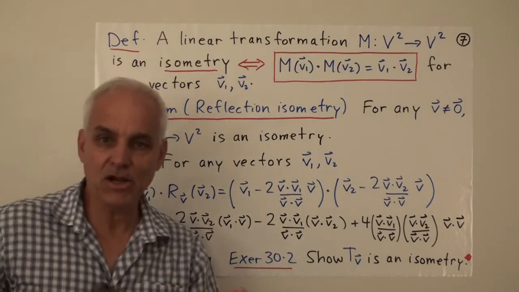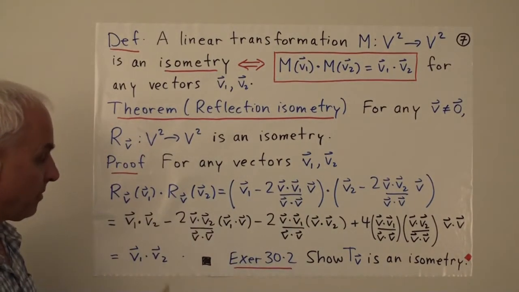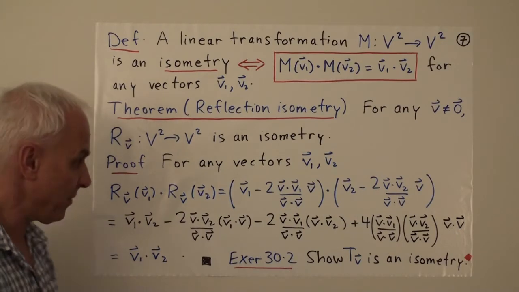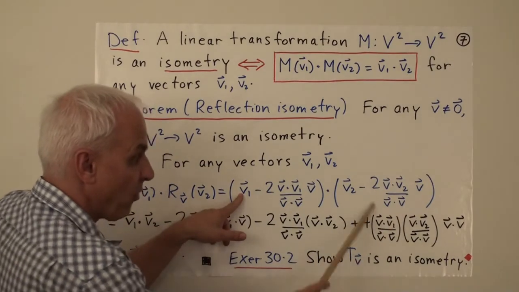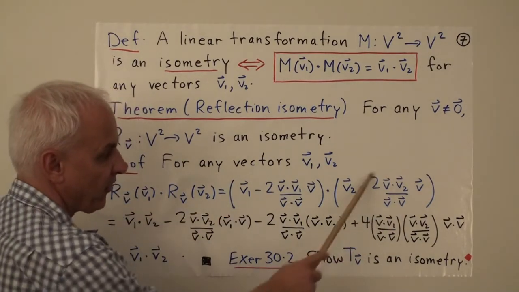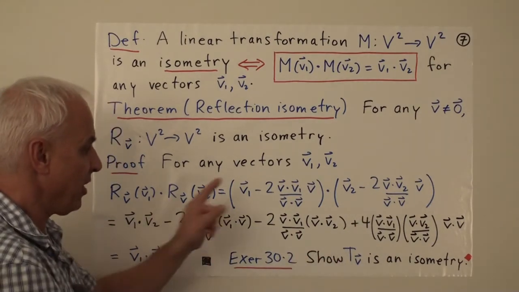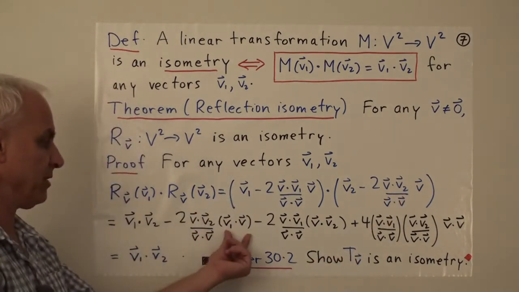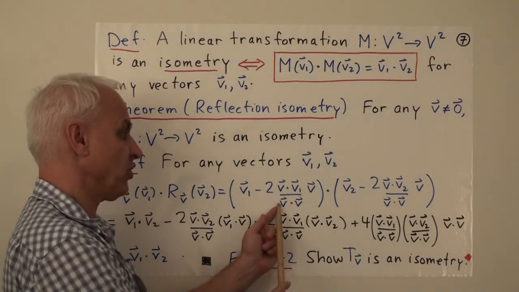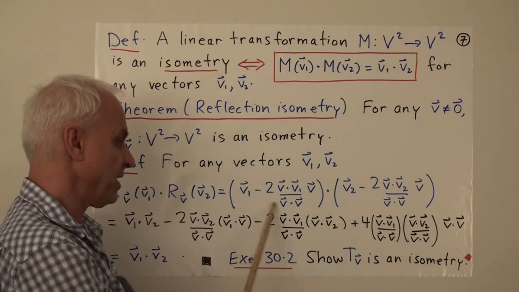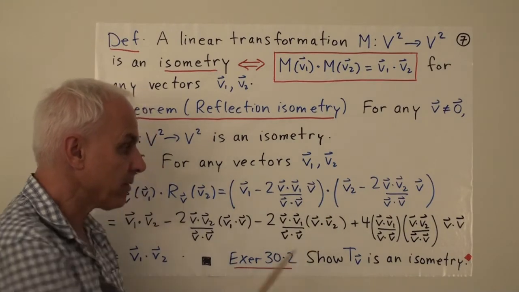We have to use the bilinear property of the dot product. By the bilinearity, it's sort of like the distributive law, this dot product is equal to v1 dot v2, and then there's this one here dotted with this one. So minus, well, this is just a number, so we'll pull that out front. And when we pull that out front by the bilinearity, we still have v1 dot v. There it is right there. Another term in the expansion is this vector dotted with the v2. So again, there'll be this factor, minus 2, v dot v1 over v dot v. And then there'll be v dot v2 here.